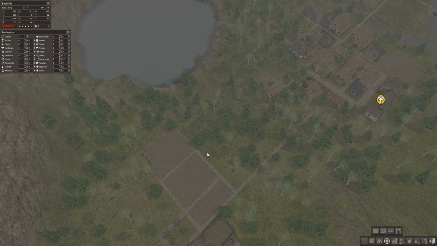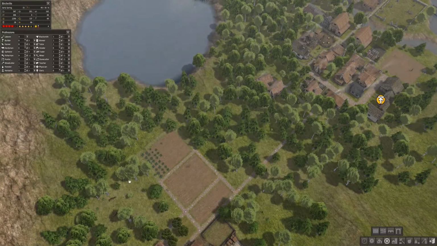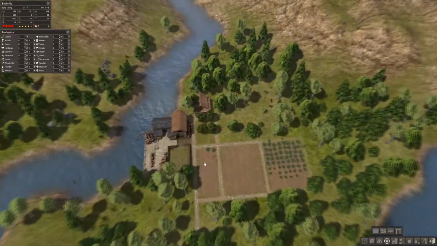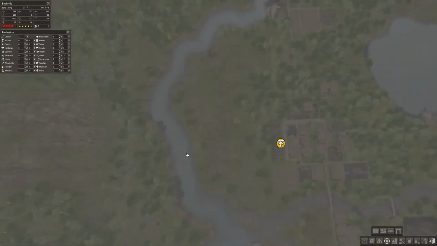You might ask yourself, why are you building roads? That's a waste of space. You could have all these crop fields together, but I like roads. They're very nice. I would so like to see...